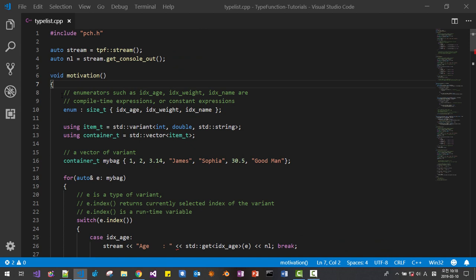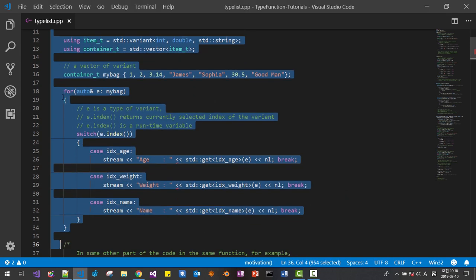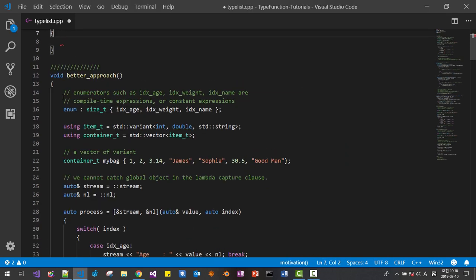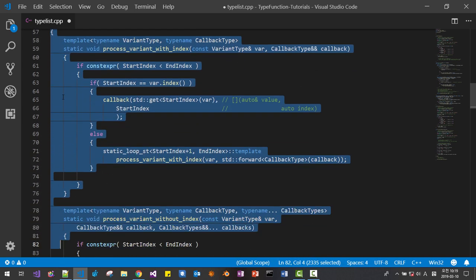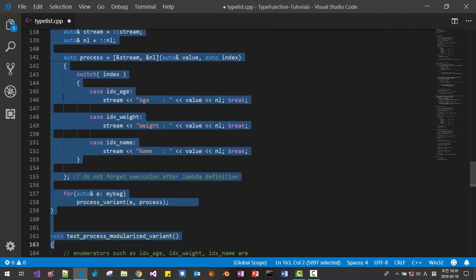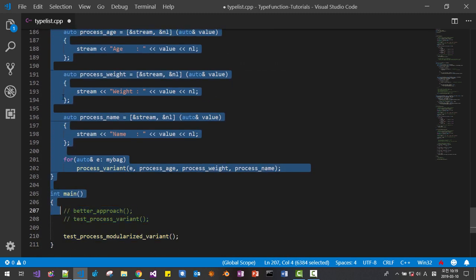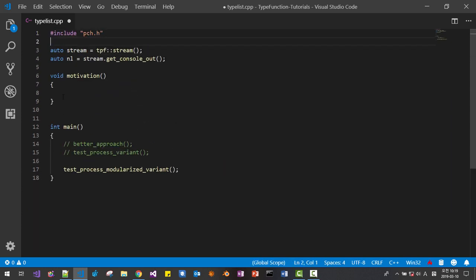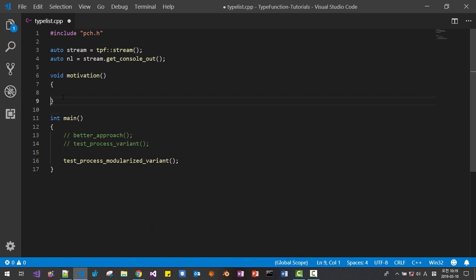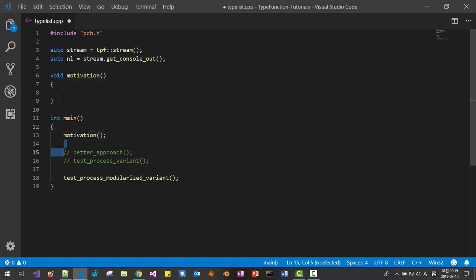Ctrl V. I erase this part of code, delete it, and I will remove all parts. Delete. And I copy this function, paste it here, delete. Now here,